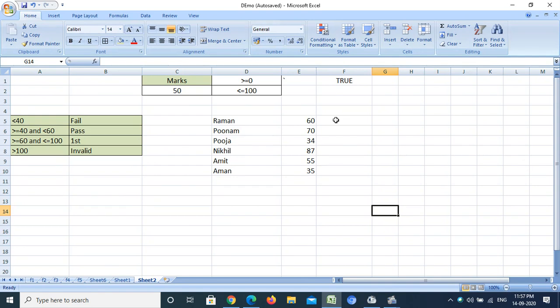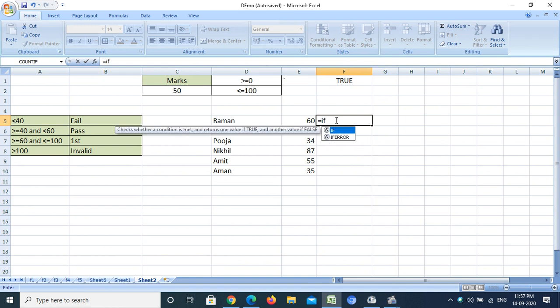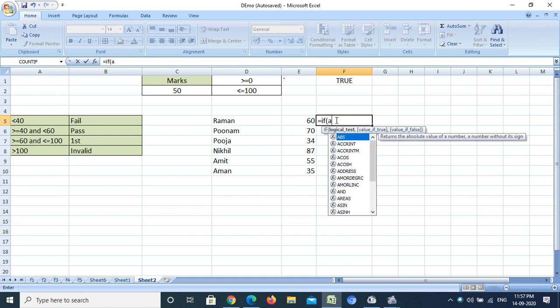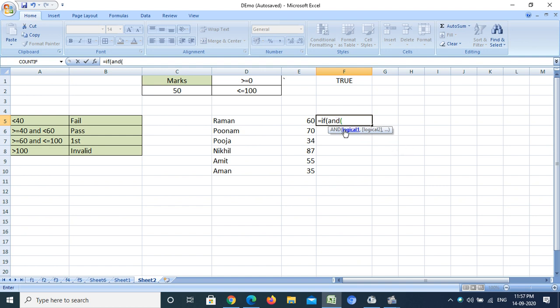See, I have to write equal to, and I am going to write the IF condition. IF, then round bracket start, and I am going to write the AND logical function. Now I have to give the condition.